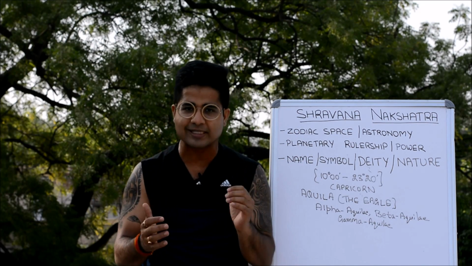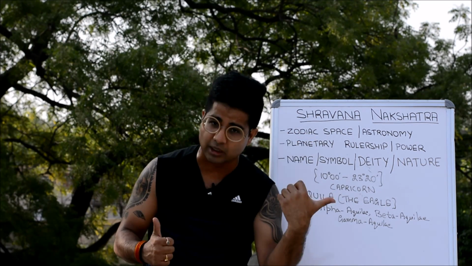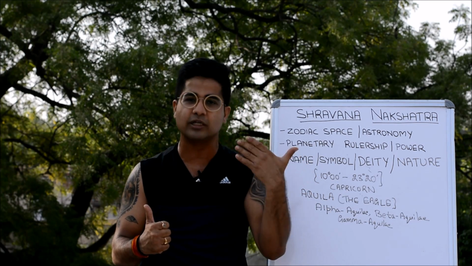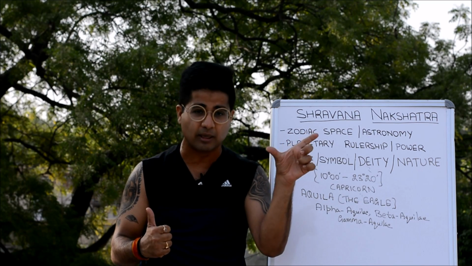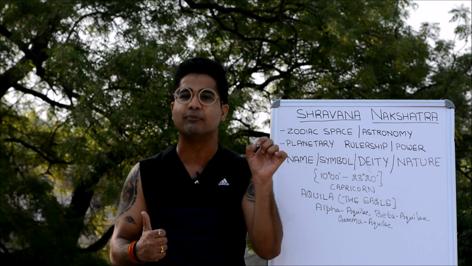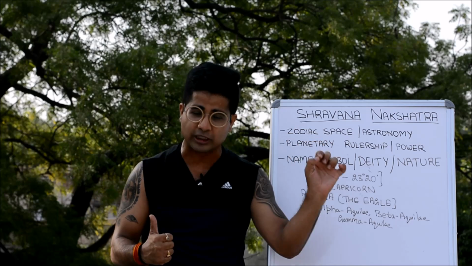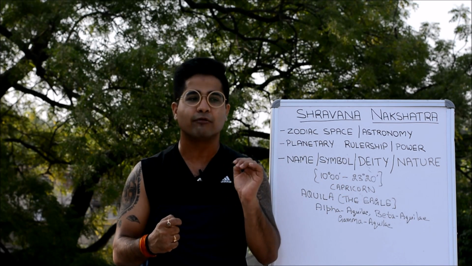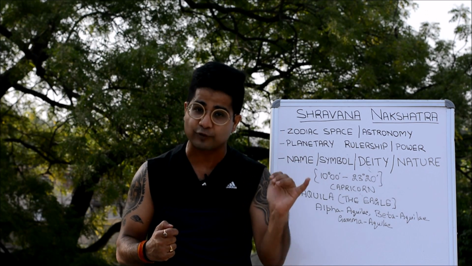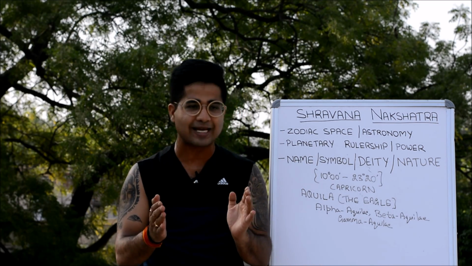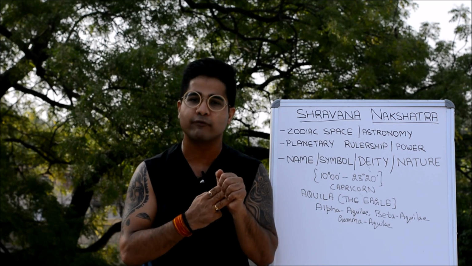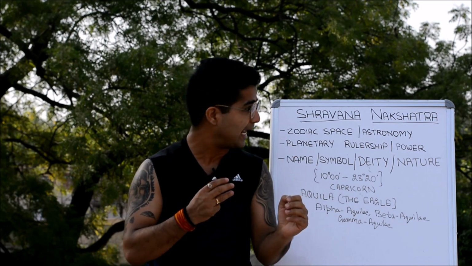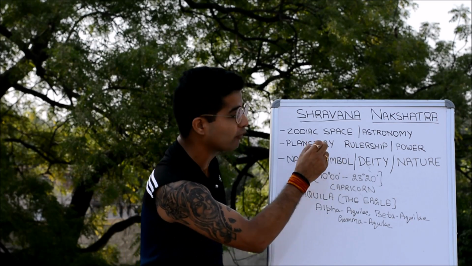Though that is a different case, Lord Vishnu in the guise of the Brahmin Vaman got so happy because of the charity and benevolence of this demon king that he gave him the boon that you will become the doorkeeper of this netherworld, and whenever there is some need where you want my help, I will definitely come for your rescue. So the whole story is that these 3 steps which Lord Vishnu in the guise of this Brahmin Vaman took have been seen as and attached as the symbol of this nakshatra.